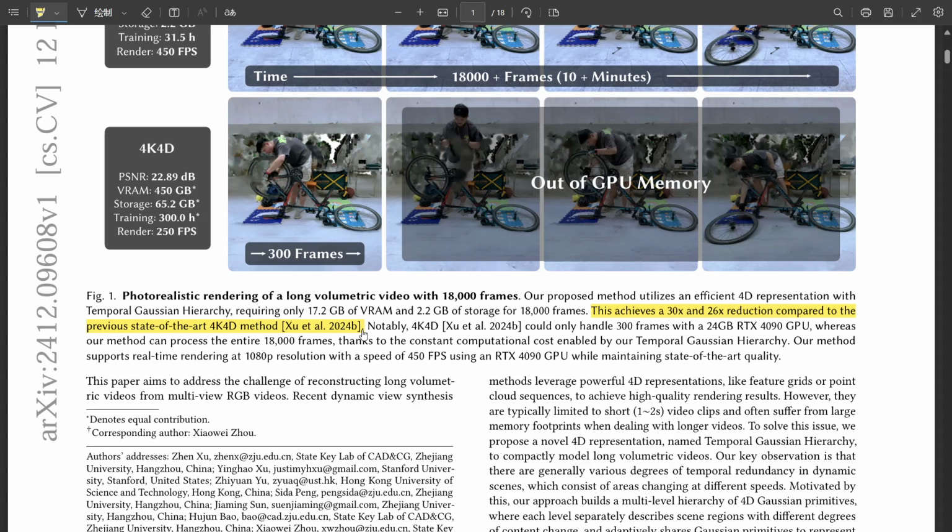Huge. So what's so fascinating is that this team from Zhejiang University and Stanford seem to have cracked the code. They found a way. And that's where this whole temporal Gaussian hierarchy, TGH, comes into play. Catchy, right? But before we get down into the weeds, the nitty gritty, let's take a step back and make sure we're all on the same page about what